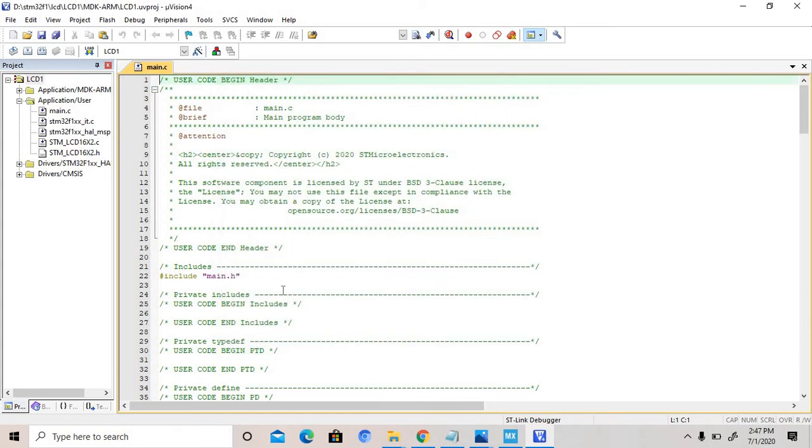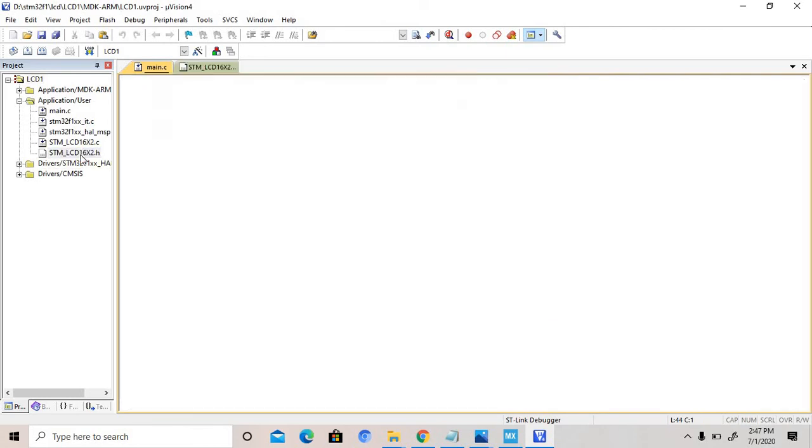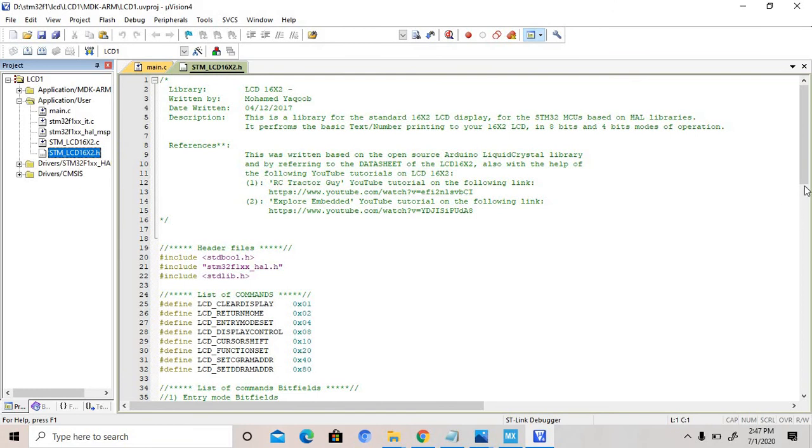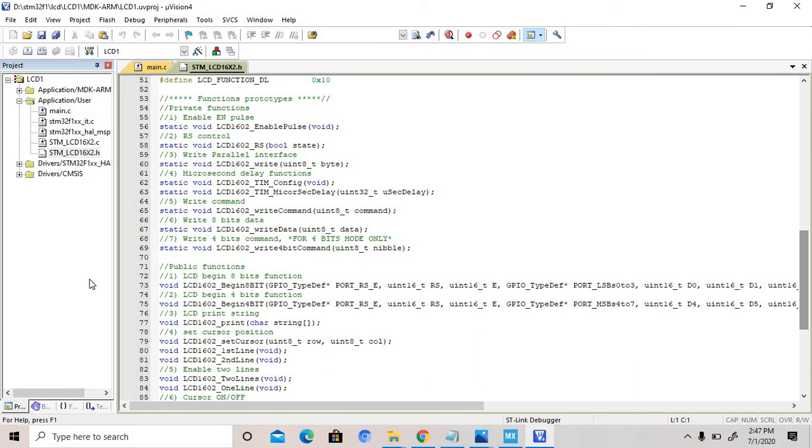Okay, this is our main file. So this is the code text file on this one. First work on 8-bit mode. This is the syntax for the 8-bit mode function. So LCD1602 begin 8-bit. Then this is the pin RS. First RS pin, enable pin, and these pins you have to write. So with the help of this one,